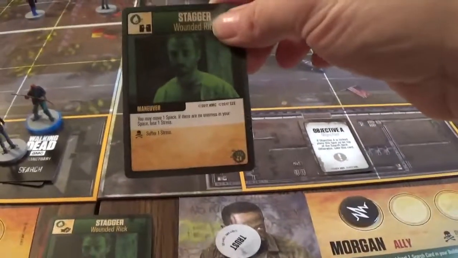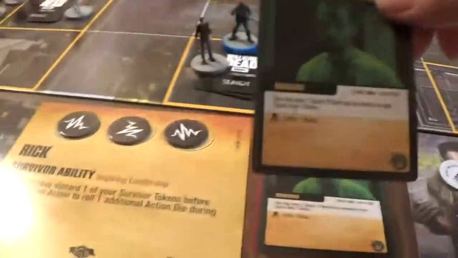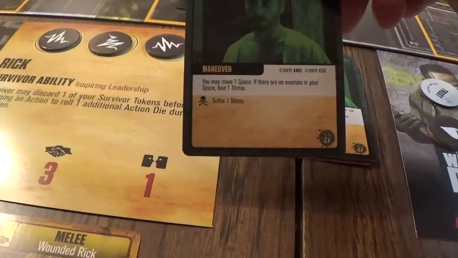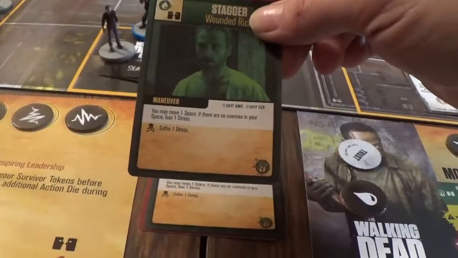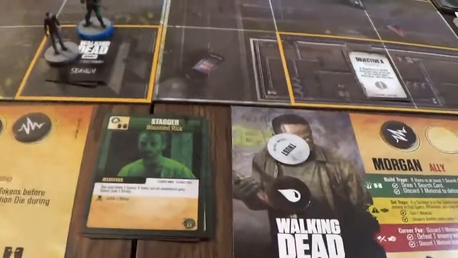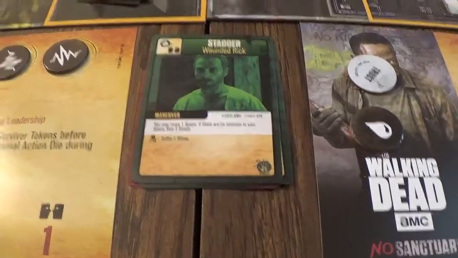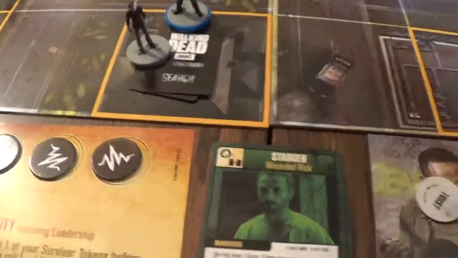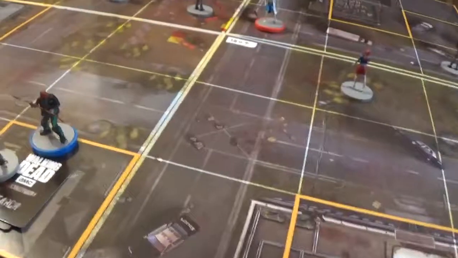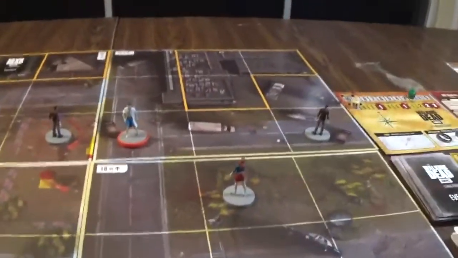However, if I roll... God dog it, man. And then I'll have to do that. I roll 1 die. Okay, that's what I'll do. I'll move here. And I'll lose a stress. So let's get rid of that. Alright, and that's basically...